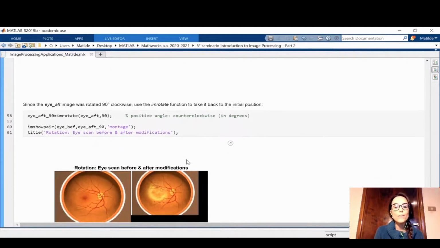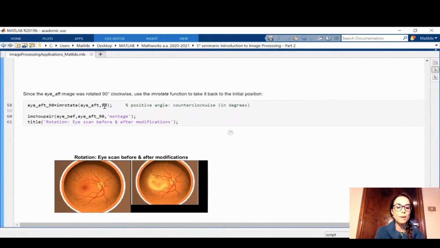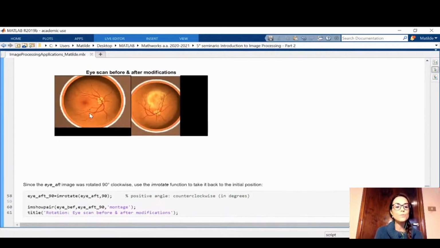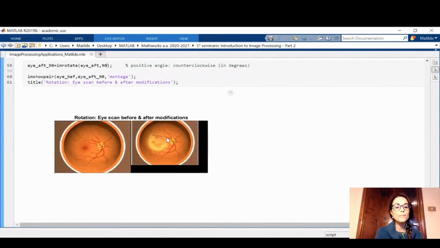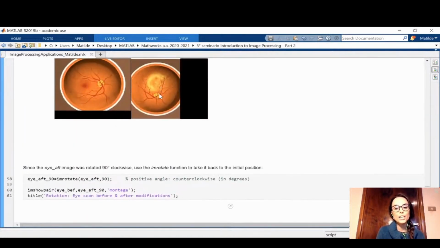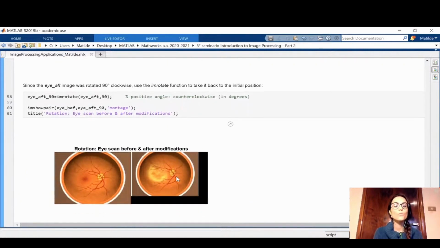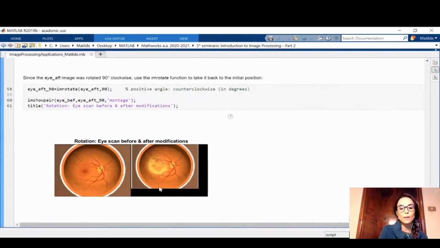So if you want to see this rotation, we can use imshowpair with the original image, the first image here, and the second image, which corresponds to the image with modifications, rotated 90 degrees counterclockwise. And we can see that we have the same image in the same position as the